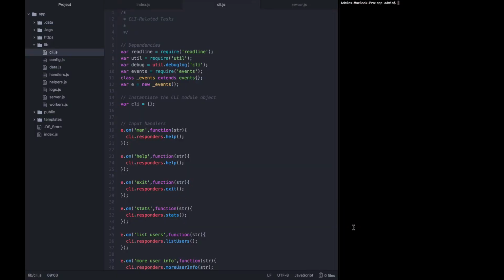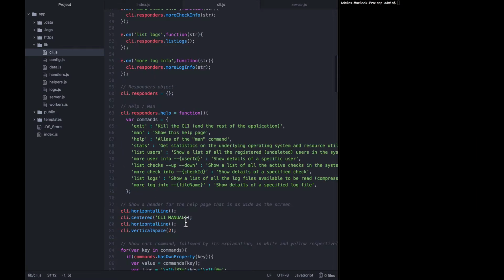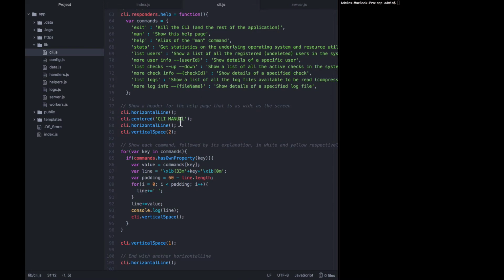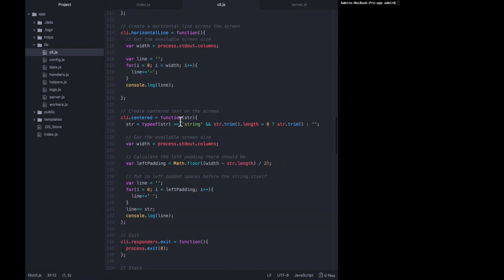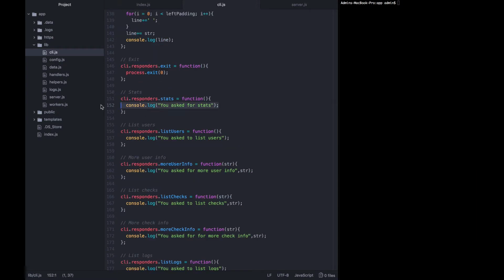In this lecture, we're going to fill in the responder for the stats command. There are a number of stats that might be useful for an admin, but we've chosen a few common metrics related to resource utilization, memory, CPU, etc. When a user enters the stats command, we want to build something similar to what we did for the help command. That is, create an object and then cycle through the keys in that object, printing out one stat at a time. We're going to fill in this section,